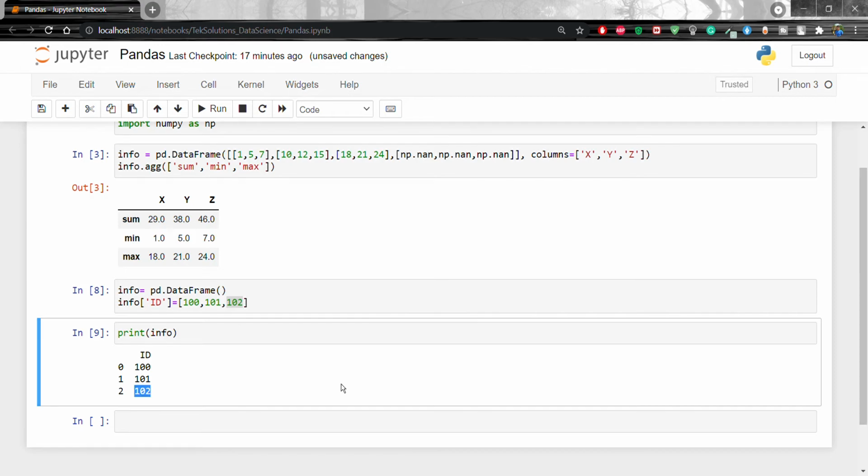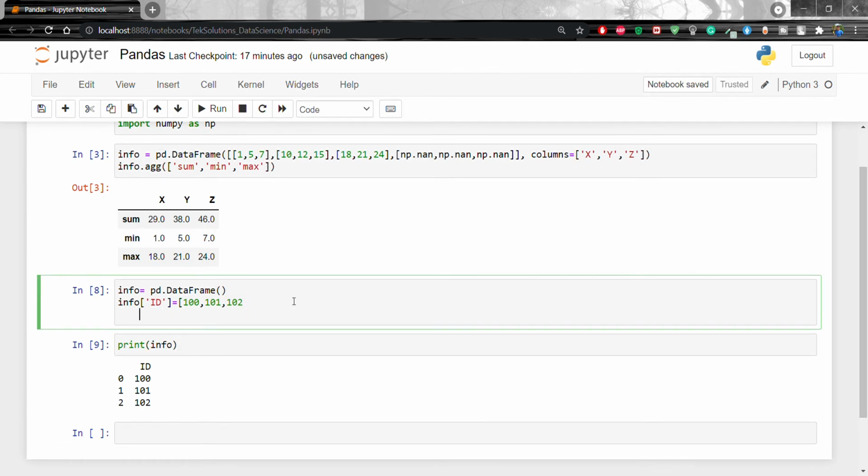So now I am going to assign another column. Let's go here, info, and now I am going to use the info.assign method with the name, and the values will be Smith, Parker, John.